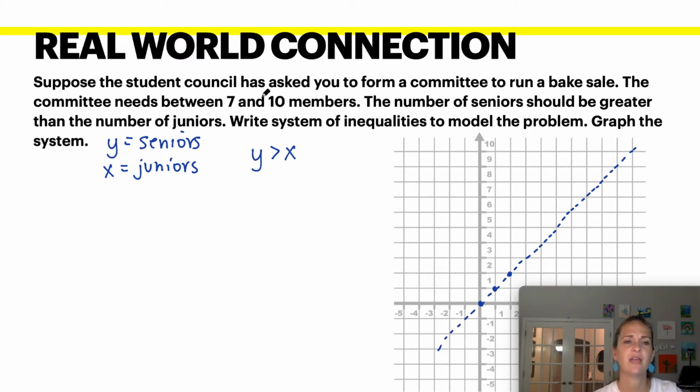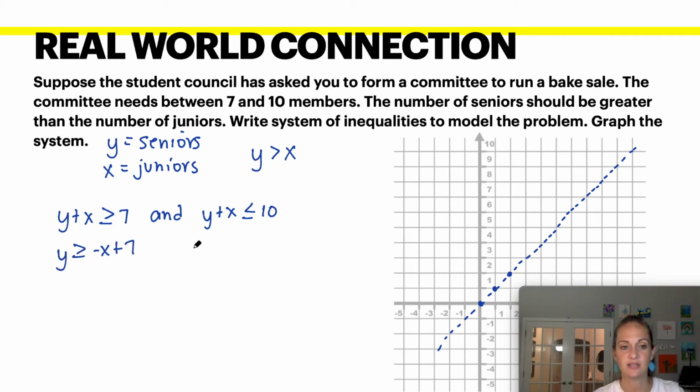We also know that you can't have less than 7, which means if you add the number of seniors and juniors together, it has to be greater than 7. And at the same time, if you were to add the juniors and seniors together, it can't exceed 10. It has to be greater than 7, but it has to be less than 10. So therefore, if I was to graph these equations,